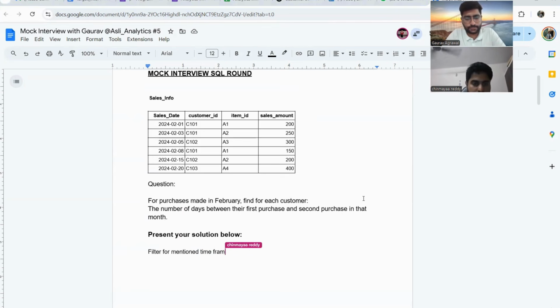Then what I would do is use dense rank on each customer ID, order by sales date.